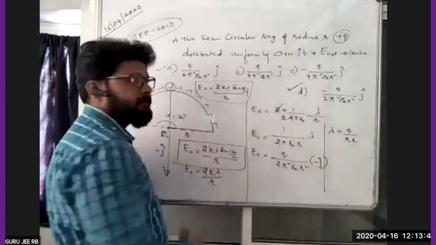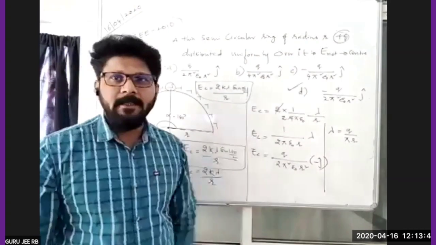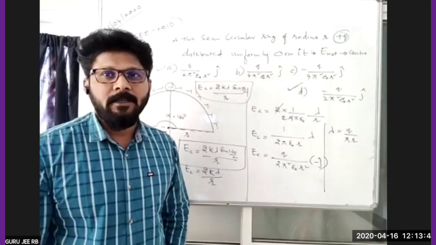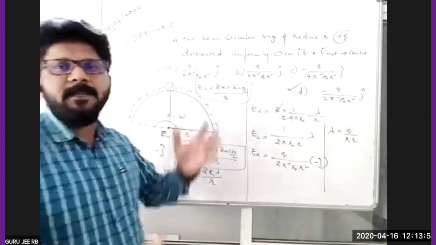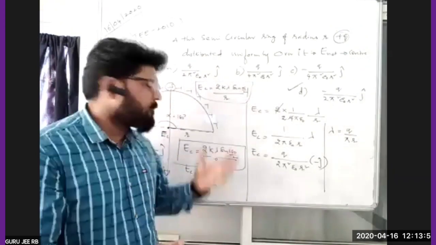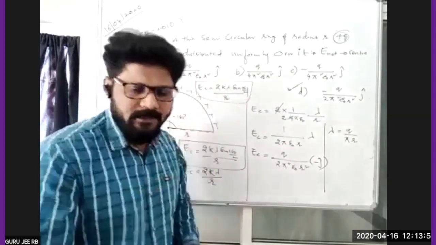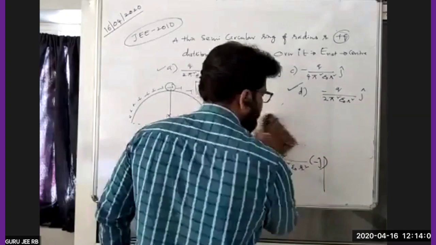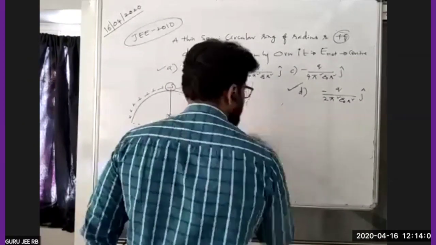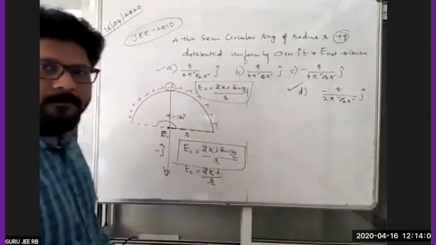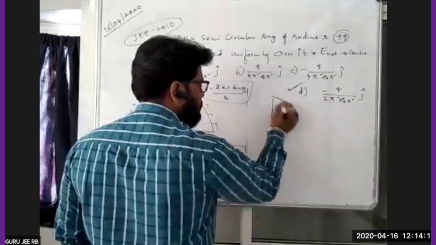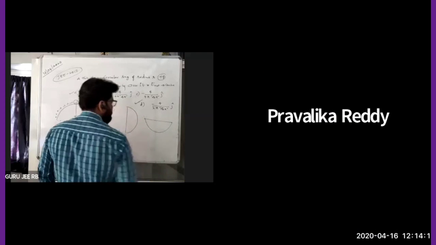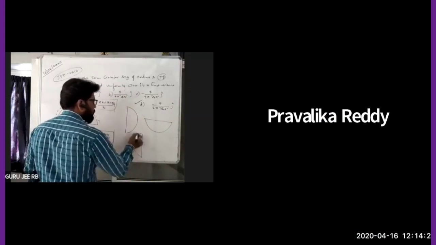That means this is wrong. A, B, there are two options. ऐसा सर कैसा हो सकते हैं? Okay. He has not mentioned how it is placed. It can be placed in any direction. Let us see. Now, if I take like this, I may place this one like this also, right? One more option like this. One more option like this.